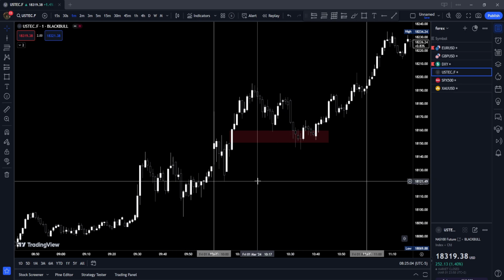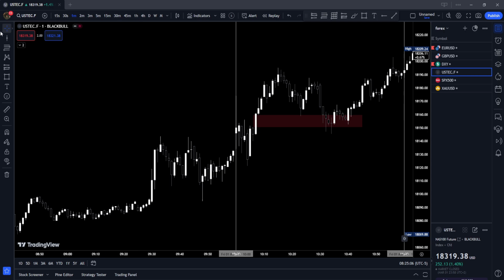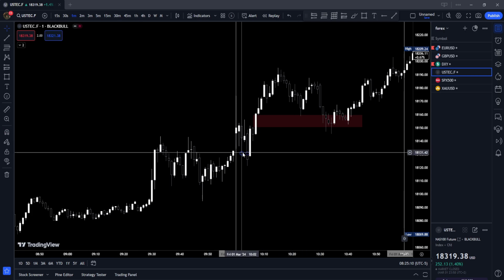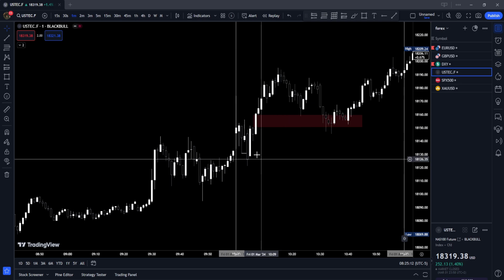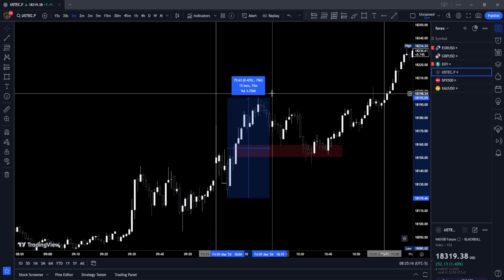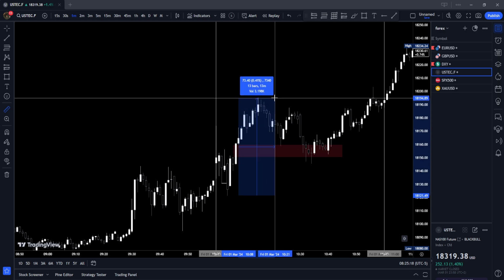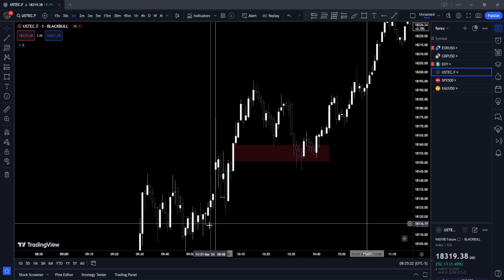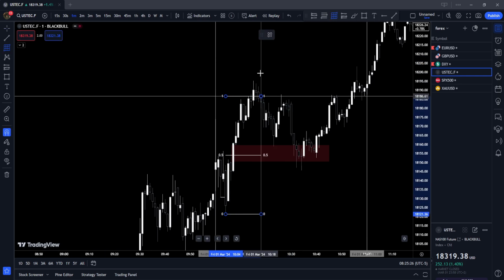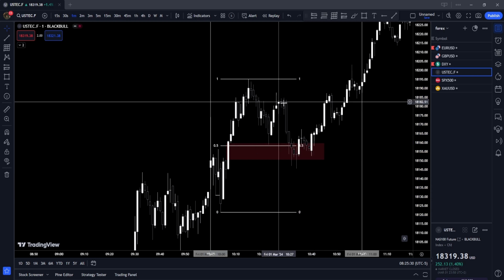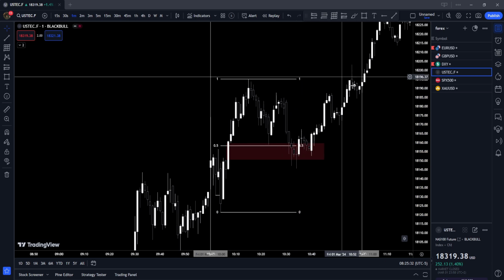So as you can see, after 10 a.m., price took out this sell side liquidity that formed here. After the sell side had been taken, we see a big push to the upside, which is a displacement in the market. After this big displacement, it can mark out your PD array, your discount and premium array. Where should we enter?